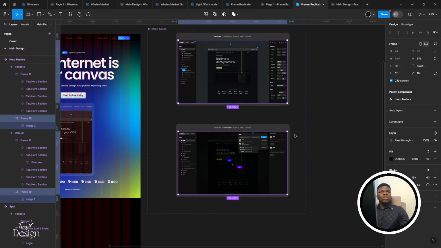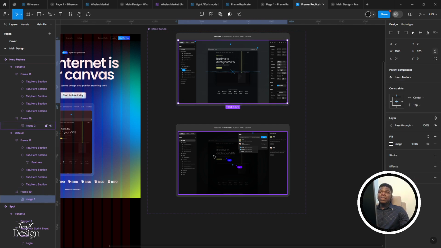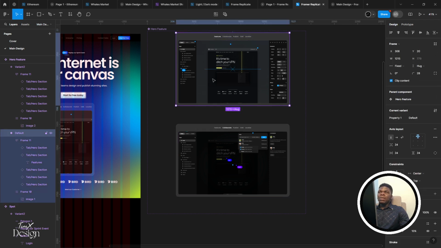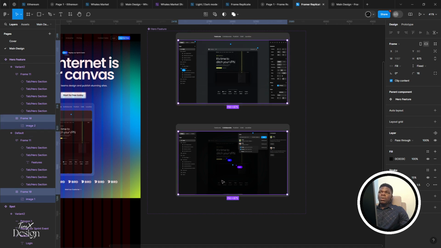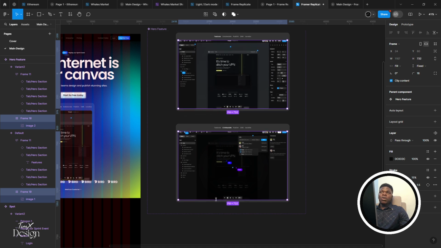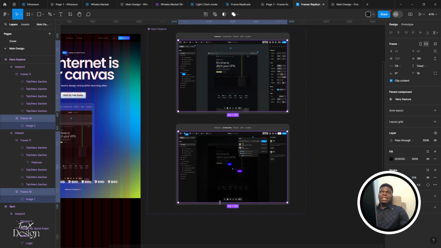But what we can do is we'll click on this frame, right? And then we'll fix it to the top and bottom, the new feature. So that way, when we increase the parent frame, the image increases along. So you see,